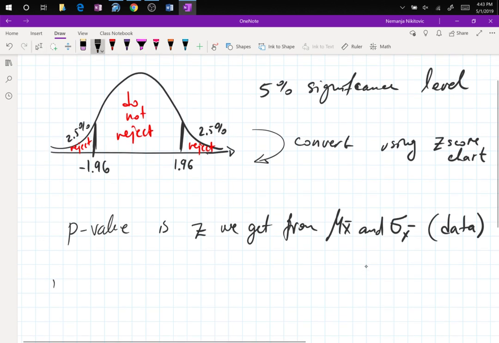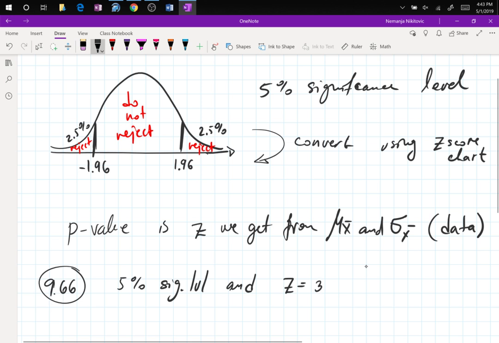Problem 9.66 is asking whether z-scores for a two-tail test at a 5% significance level get rejected or not. So we have a 5% significance level, and z-scores are given as